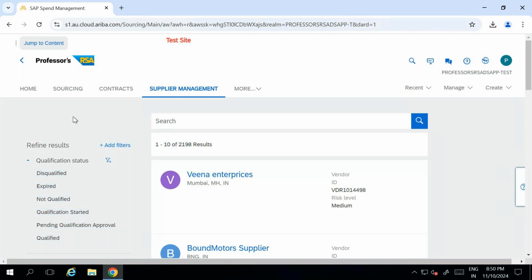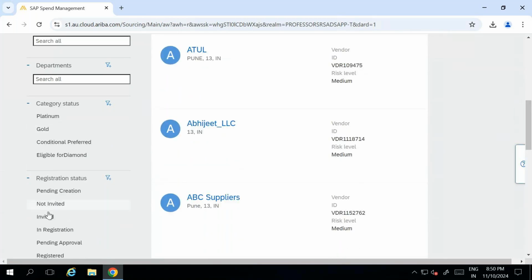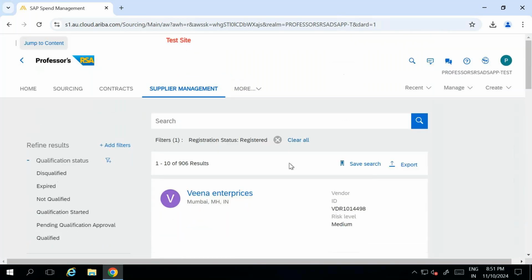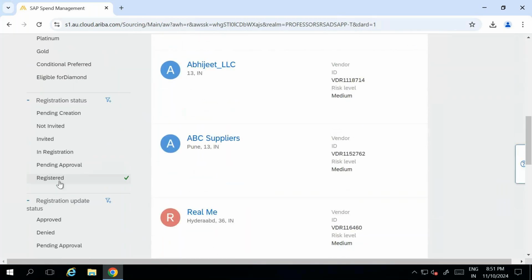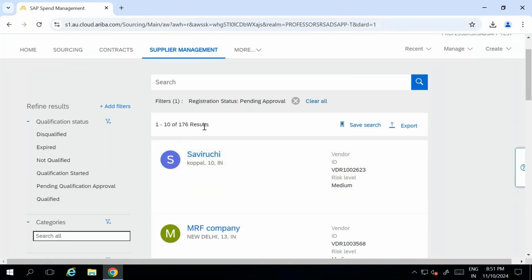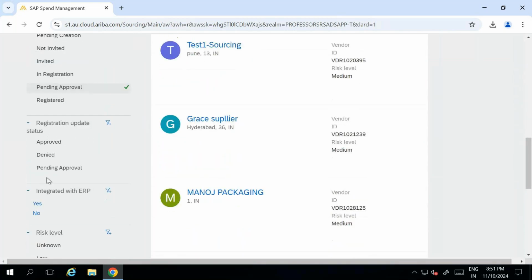If you want to see how many suppliers are registered, you have to click here on status. See, 906 suppliers are registered. Now you want to see how many are in pending selection, in approval. So you'll see in approval, 176 suppliers in approval process. How many are qualified, not qualified, disqualified? What are the categories for gold, platinum,